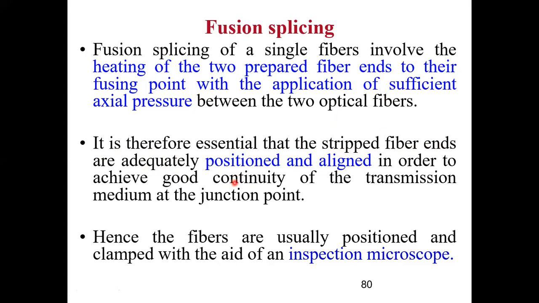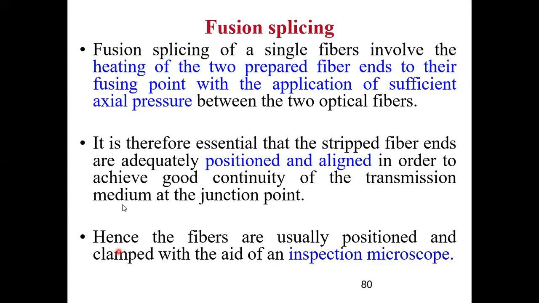I'll show you a diagram where, if there is a misalignment or any discontinuity, or if the stripping of the fiber is not proper, what kind of splice will be produced, and that will cause loss. So you will understand why positioning, alignment, cleaning and preparing of the fiber end is essential, because otherwise splicing will introduce loss. During fiber fabrication there was no loss. I prepared a good batch of fiber, but when I'm trying to join different fibers, because the length is more, I am introducing loss.